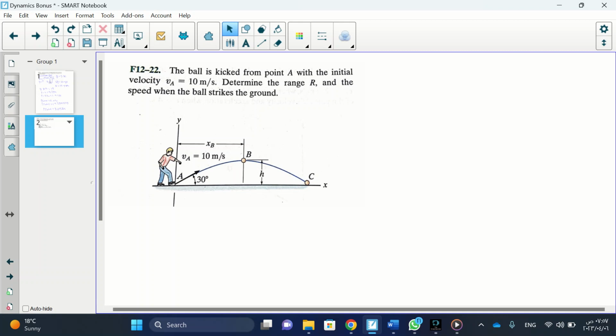It's a very straightforward question. The question says find R, and also determine the range R and the speed when the ball strikes the ground. Here it will strike the ground, so VC is what? Since we started from the origin, it means VA